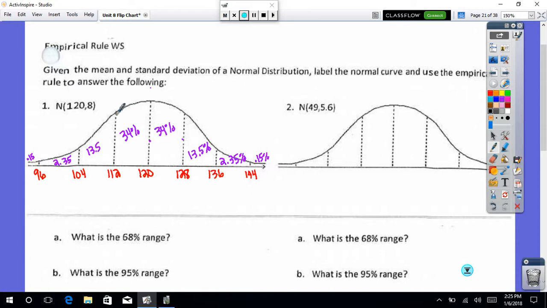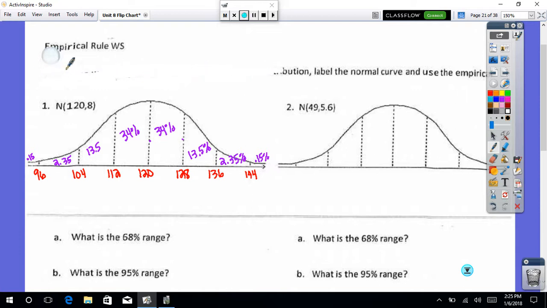So there's bigger ways to chunk it up. From here to here is obviously 68% of our data. So one step away from the center in both directions gives you 68% of what is happening on this curve. So from here to here, again, like I said, is 68%. If you take another step away and you go to this standard deviation,